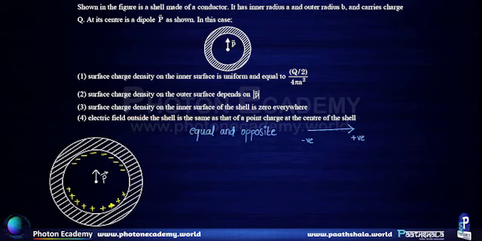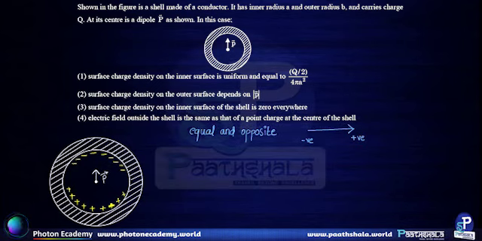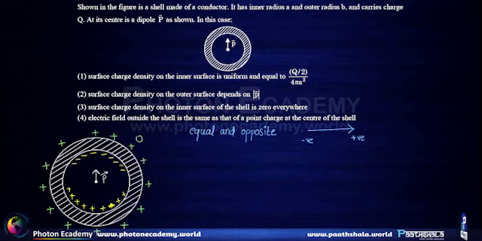The total charge on this conductor is capital Q. So, the remaining charge, that is the Q charge, gets accumulated at the outer surface of conductor. This charge on the outer surface adds up to Q to maintain the net charge of conductor, because we have neither added nor removed any charge from the conductor.